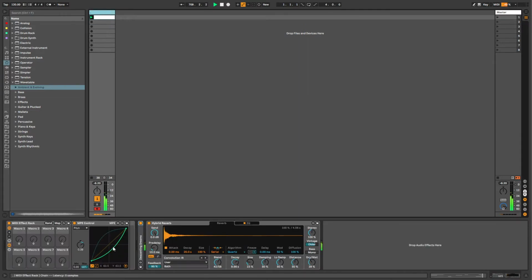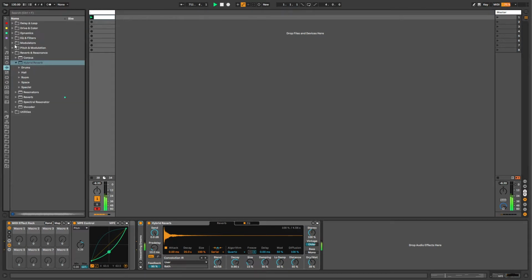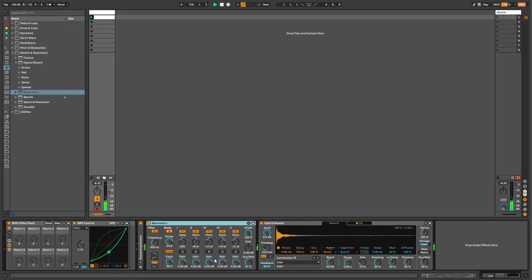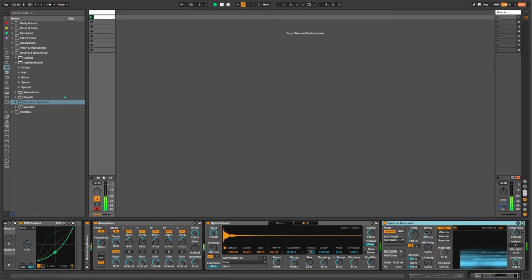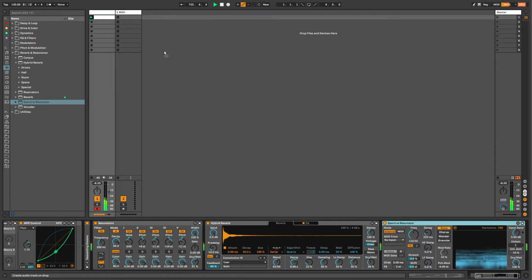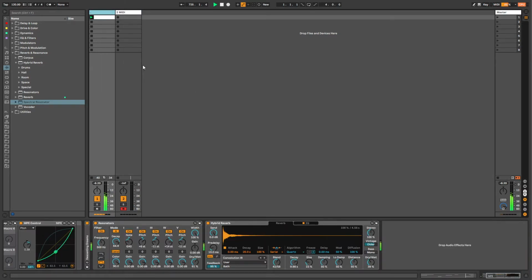Wow, kid in a candy store over here. I just don't even know where to go from here. It's going to take me a while to wrap my mind around this. Okay, so we've got a spectral resonator. That's a lot of fun. Maybe we will put that in here and pull audio over from